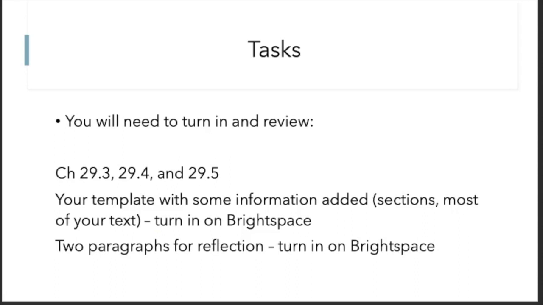Your task for this assignment, you will need to turn in and review. The first thing I'd like you to review is chapter 29. You will do 29.3, 29.4, and 29.5. You will also need to turn in your template with some information added. So you need all those 5 sections I talked about earlier, most of your text, and then 2 paragraphs